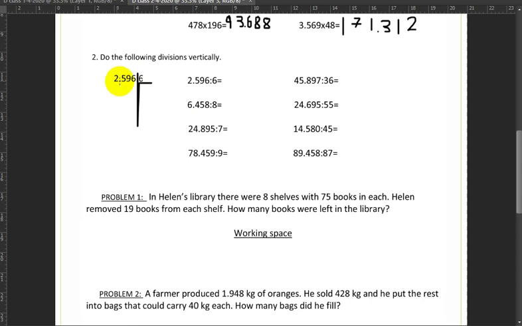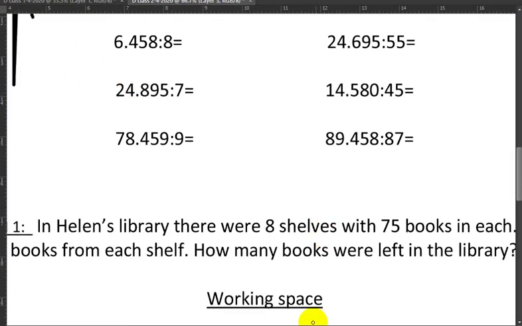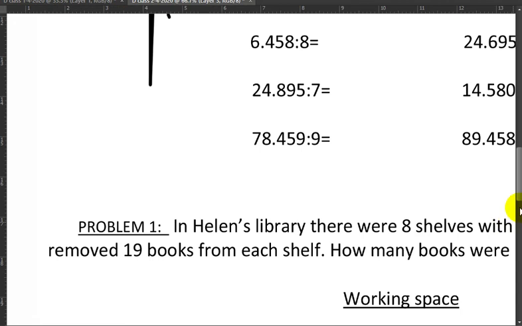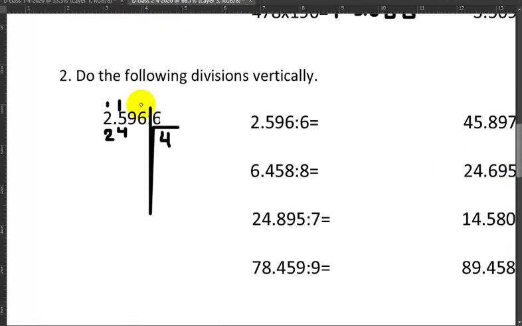So we want to say 6 into 2. 6 doesn't fit into 2. So 6 into 25 fits 4 times. 4 by 6 makes 24. I do the subtraction. Okay, we're not going to do that again because these are really small. Actually, we could zoom in a little bit, or a lot. Okay, and we do this subtraction,